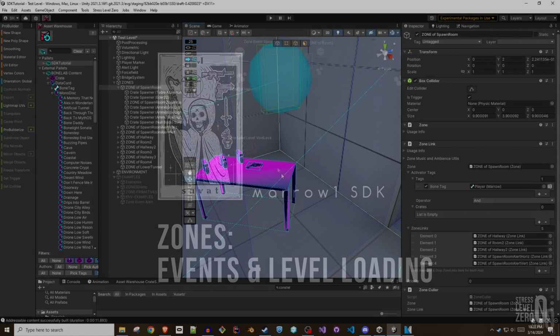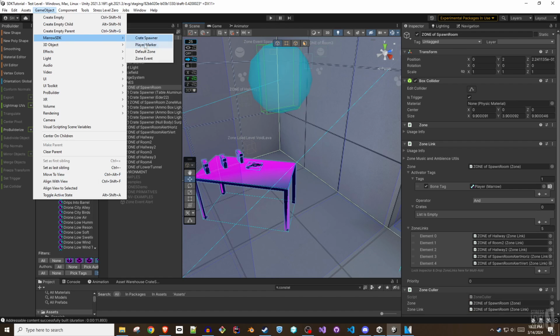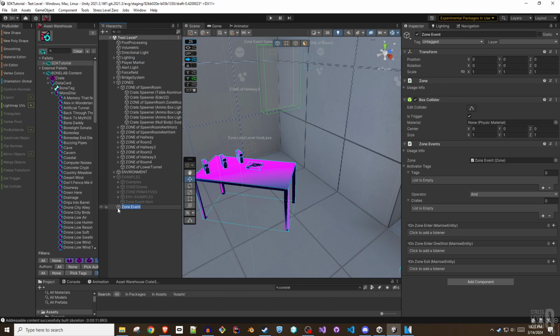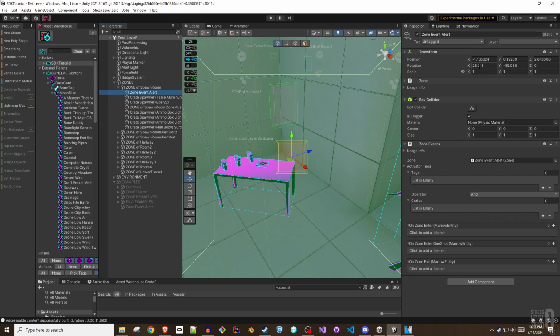This Marrow SDK level authoring tutorial will focus on creating and using zones with zone events and zone load level components. Zone events trigger an action or event when a valid entity or object enters or exits their collider bounds. They are one of the ways the level designer can convey that the environment is reacting to the player's choices